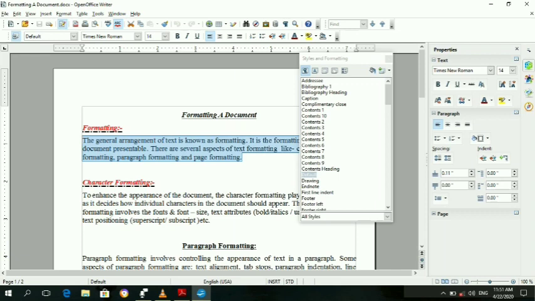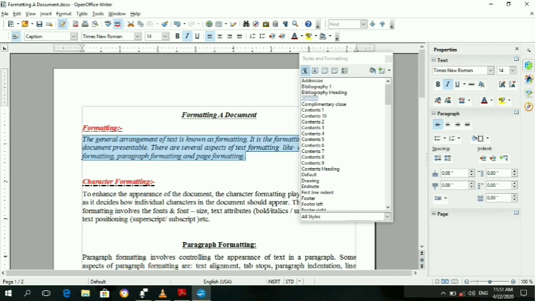First of all select the paragraph, then go to Styles and Formatting and select any one option from there. If you want to change its style, say I want to apply Caption, select Caption and double click on it.